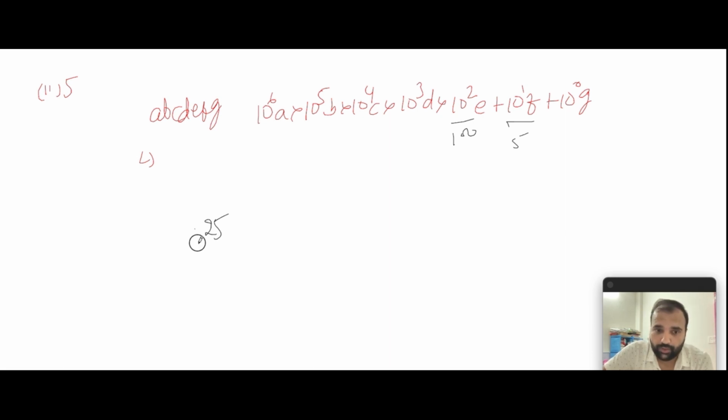If you want to check for 125, this would be insufficient because 100 would not divide 125. So we'll have to look for 1000. So what we have concluded from here as well, that just like we did for the 2 and the power, it's exactly the same for the 5 and the power. So what we can conclude is, for